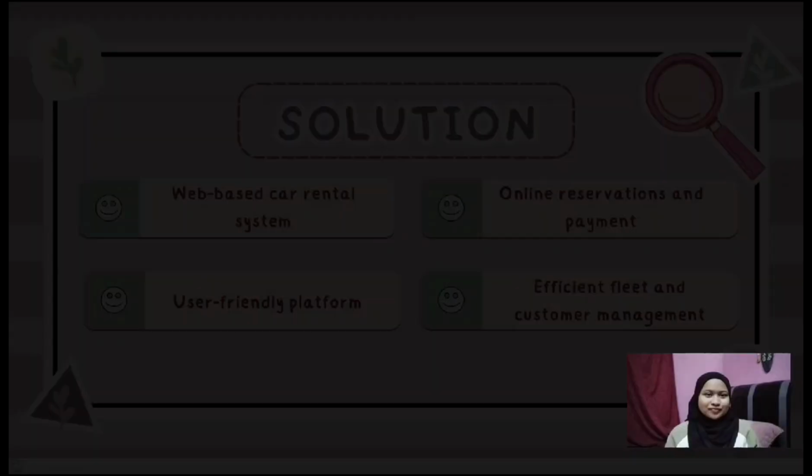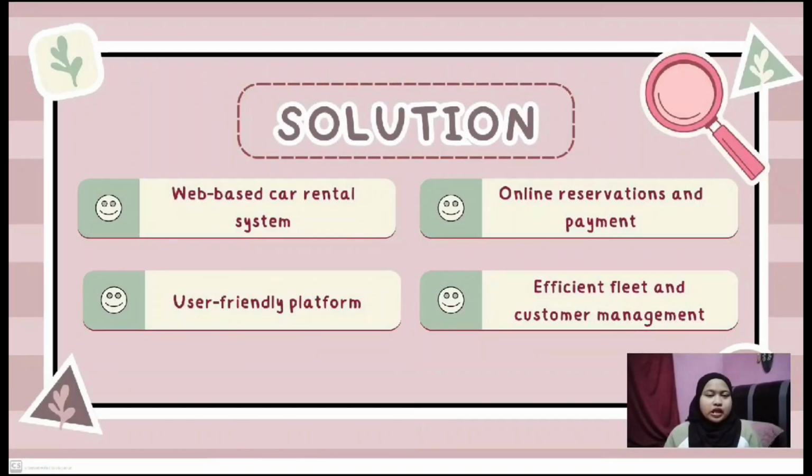This project proposes developing a new web-based car rental system to address the challenges faced by both customers and administrators. The system will offer a user-friendly platform for customers to browse cars, make online reservations, manage rentals, and securely process payment. Administrators will benefit from tools to efficiently manage car details, customer information, reservation, and generate reports for optimization. The proposed solution aims to enhance the overall car rental experience by streamlining process, providing better information transparency, and